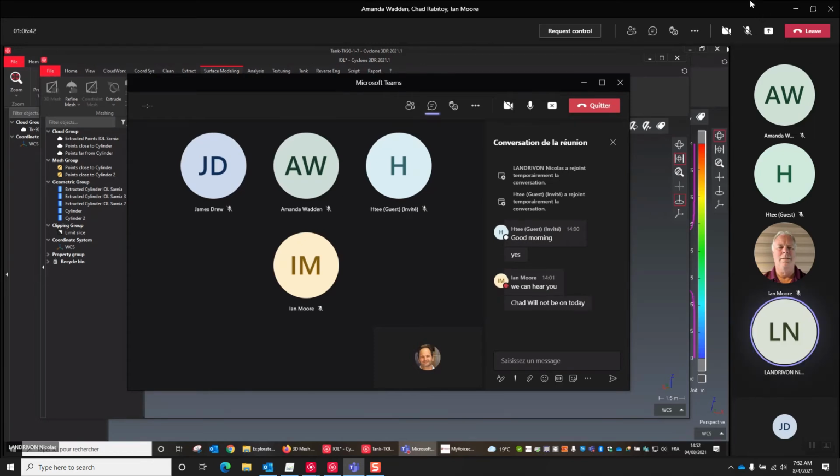It's also for your information, it's always better to spend more time on cleaning the points than on cleaning the mesh.